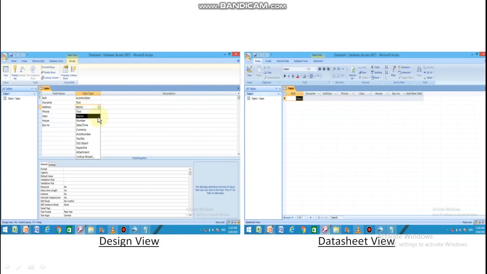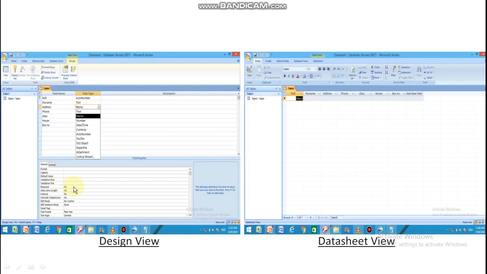The design view is further divided into two parts. One is known as field grid pane. This is the field grid pane where the field names are given. And second is the field properties pane. Here the various properties related to the specific data type are displayed.